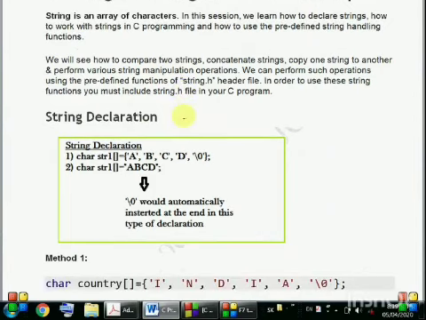A string can be declared basically in two ways. In the first method, we write the data type as char, as a string is defined as an array of characters.